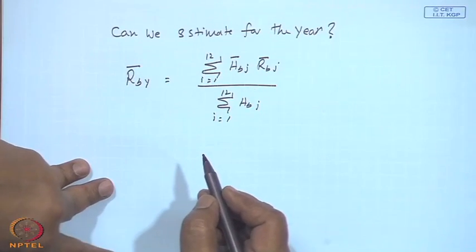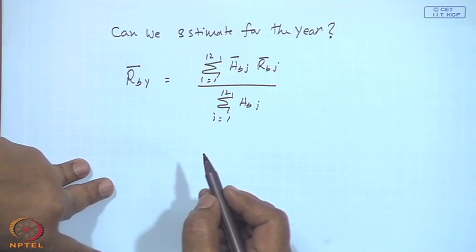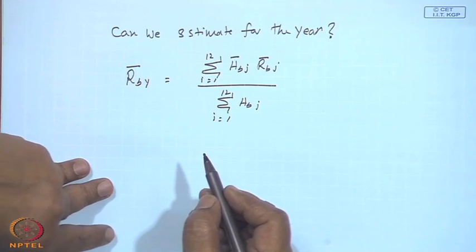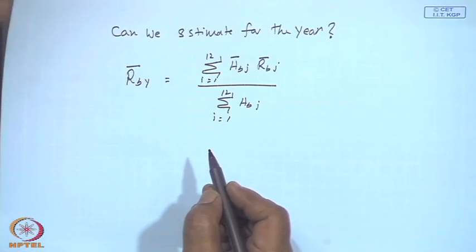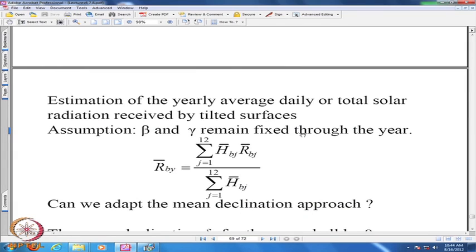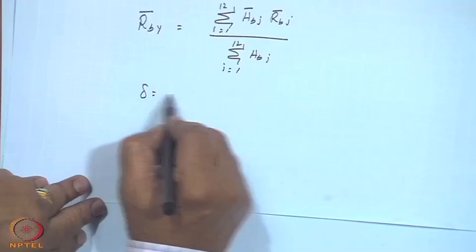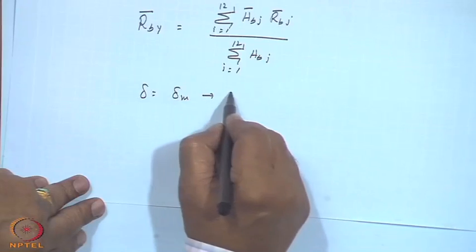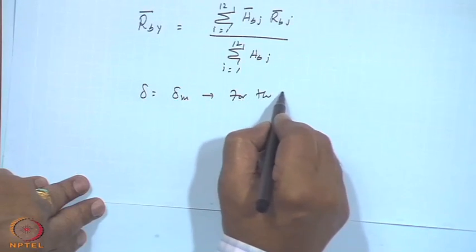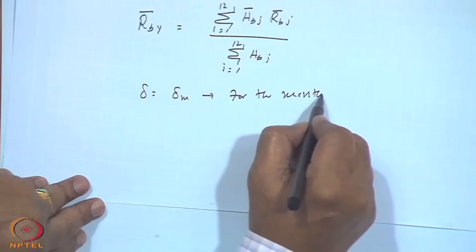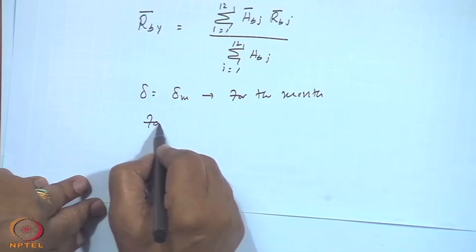Just like we have extended I_B R_B by I_B for R_B bar, and H_B R_B by H_B for R_B bar for the month, for the year I am satisfied with the monthly average values, or one can construct it right up to the hourly value. Now, can we be encouraged? We used delta is equal to delta_m for the month. For the year,